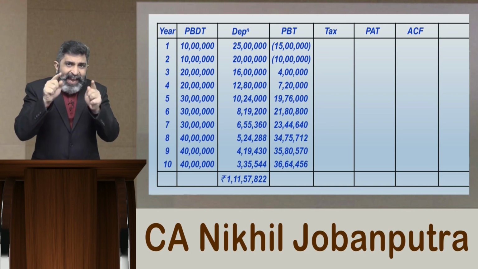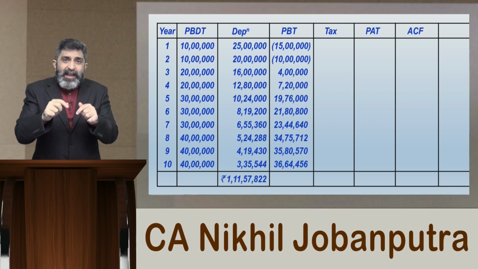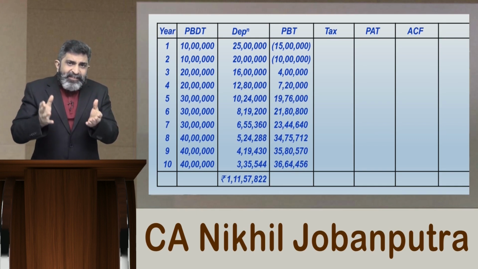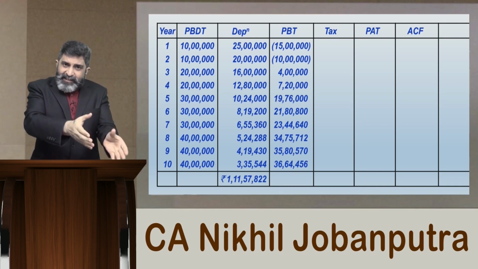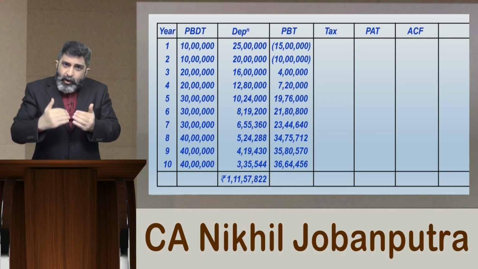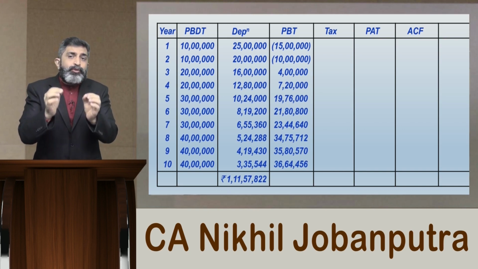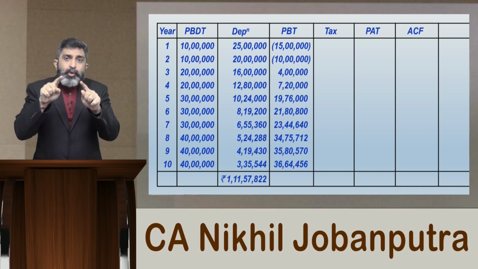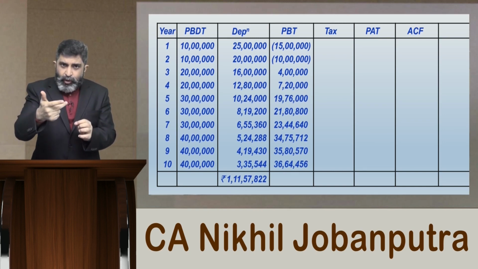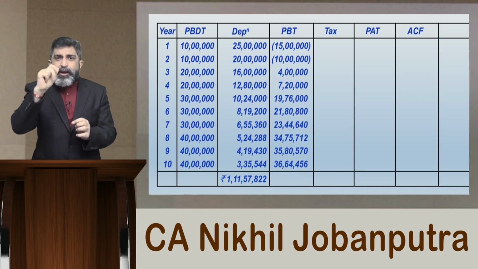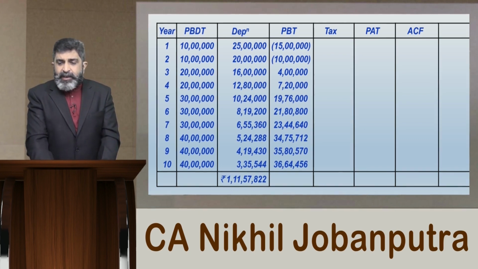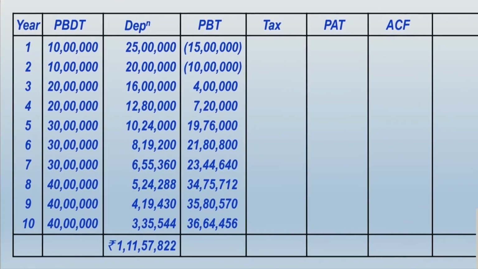Therefore, that tax saving will be considered as a negative tax. Understand one thing very well. Tax is basically an outflow, but when there is tax saving, there will be an inflow, as good as an inflow, because that much tax you are saving. So when in the tax column you write a negative amount, you will be indicating that it is not an outflow towards tax, but it is a saving of tax. And how to present the calculations ahead, let me guide you over here,